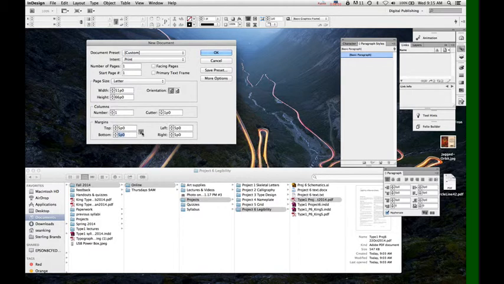If your chain icon is selected, that means it will make all 4 boxes the same. If you unclick this, then you can set your bottom to be 6p6, 6 picas, 6 points. Hit OK,